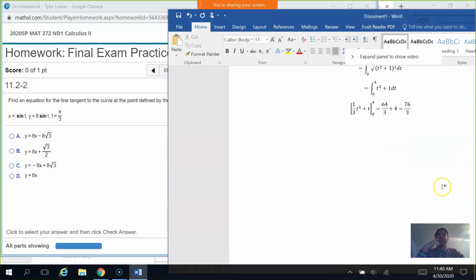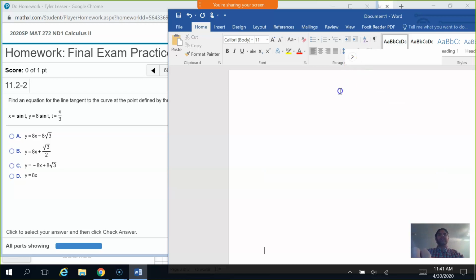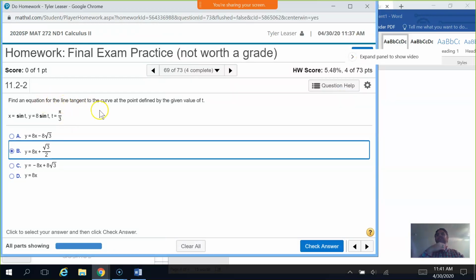All right, let's keep going back then. So this next one is definitely one that's going to show up on the test. Find an equation for the line tangent to the curve at the point defined by the given value of t. So here we're given our parametric equations and the value of t, and we have to find the tangent line